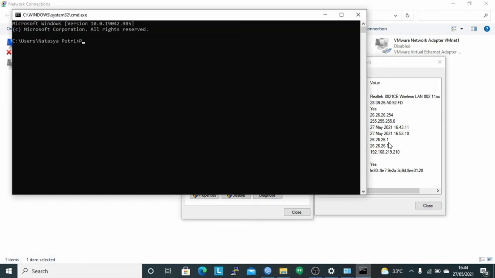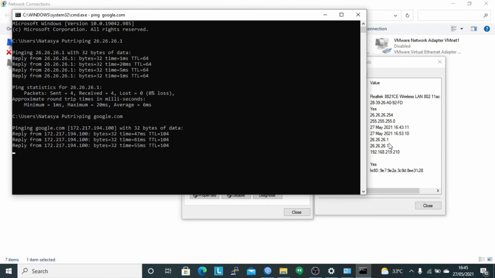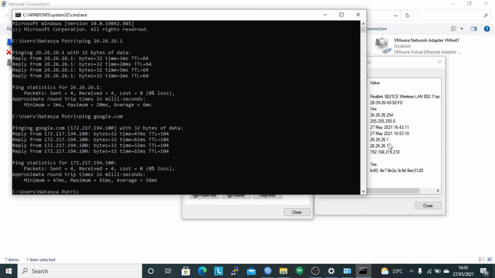Here, type the command ping 26.26.26.1 and perform a ping to google.com with the command ping google.com. You can see that the result is Reply, which means that the client has successfully connected to the server and connected to the internet using the SSID about IT.